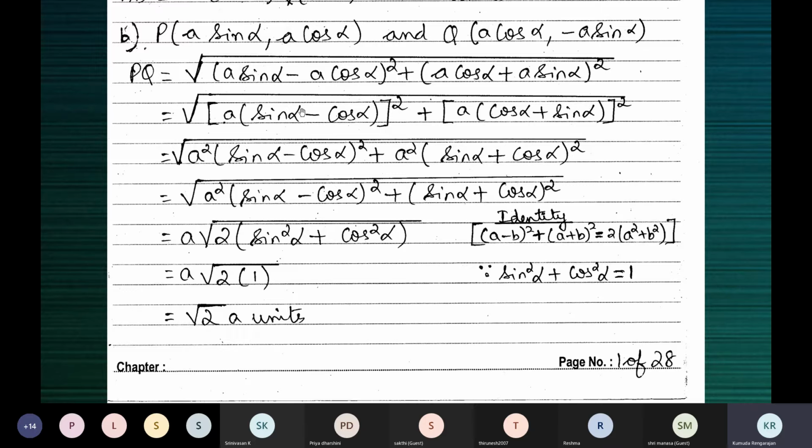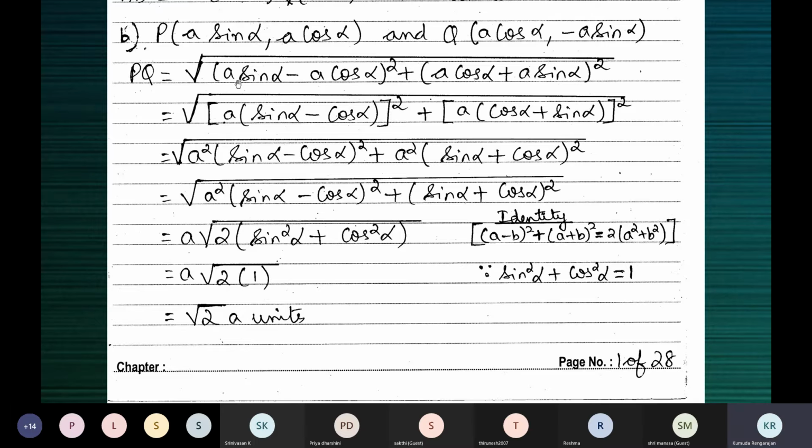Okay, after this, children, look carefully. There's something common. So we'll take out the common factor. See the square here, the square here. Now you can see the square bracket. I've opened and closed the square bracket, and the square is out here. Now here inside, a is common. So in the bracket, you will get sin alpha minus cos alpha, the entire thing squared. Here also this entire thing is squared. So open and close a square bracket and raise it to the power 2.